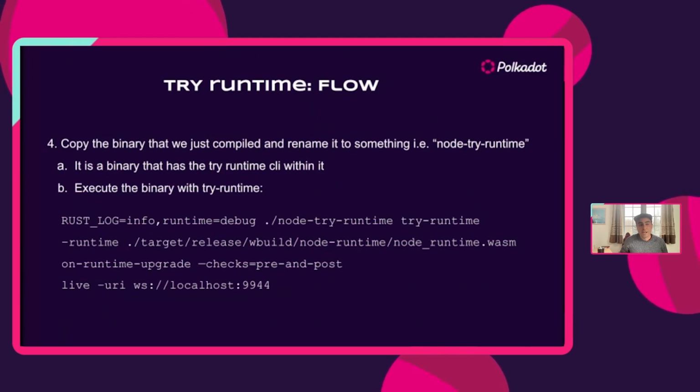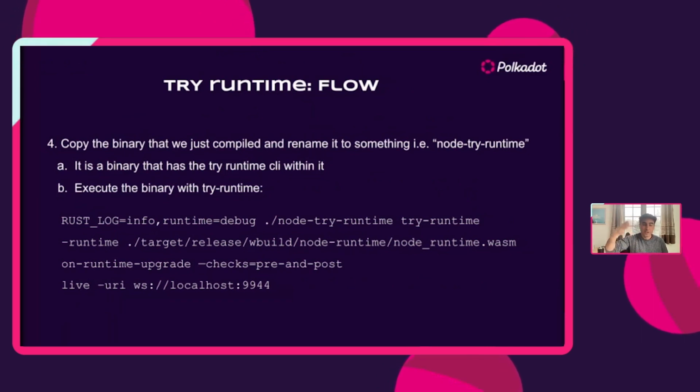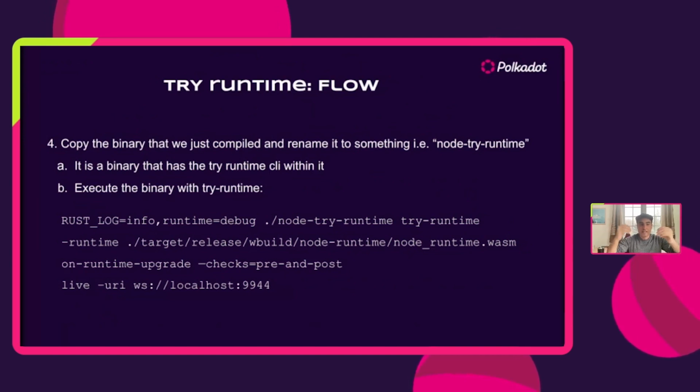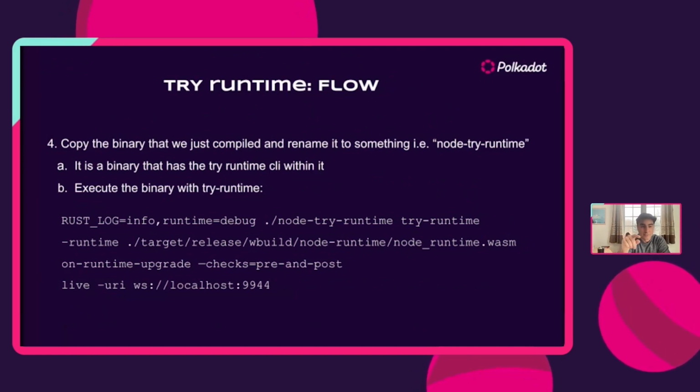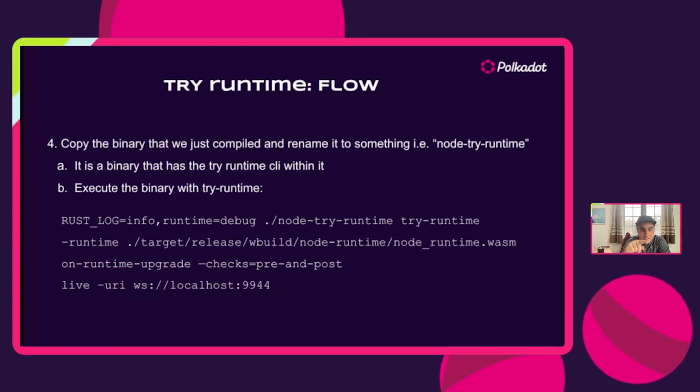We then, after we've compiled that, we're going to take the binary, we're going to copy that binary that we just compiled. We're going to rename it to something like node-try-runtime because it's got the try-runtime CLI in there. And it also has all the changes, right? The storage migration, the runtime upgrade, it has everything in there. So we're going to copy that and we're going to execute the binary with try-runtime. So you can see there, I'm going to enable the Rust logs and I'm going to execute the node that I just compiled with the try-runtime